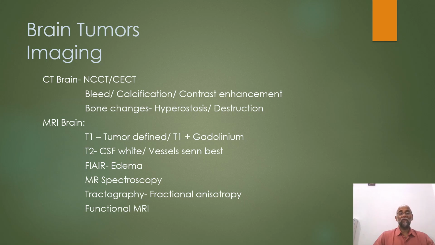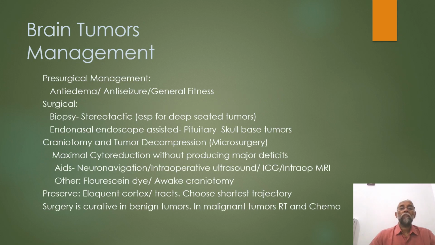Tractography is a rapidly evolving new modality. It depends on the phenomenon of fractional anisotropy, and it can show the tracts. This is important for surgical planning because involvement or transecting of a tract will result in major deficits. Functional MRI helps us to identify areas of eloquent cortex. Pre-surgical management of a brain tumor involves anti-edema measures. We give dexamethasone, we give mannitol,